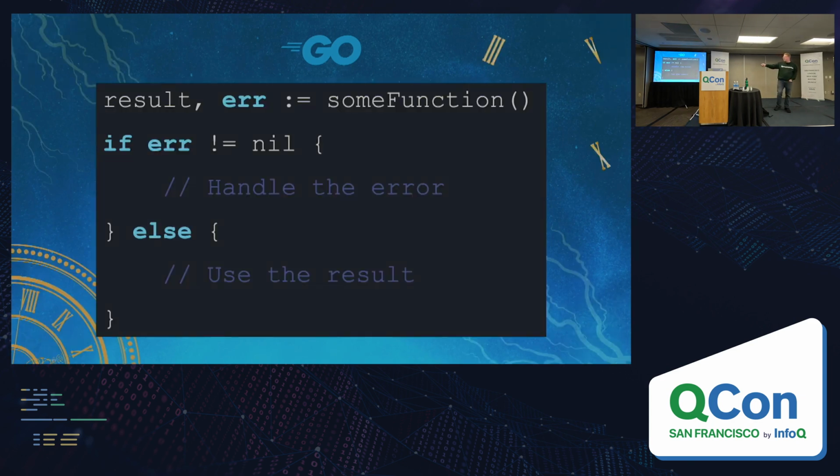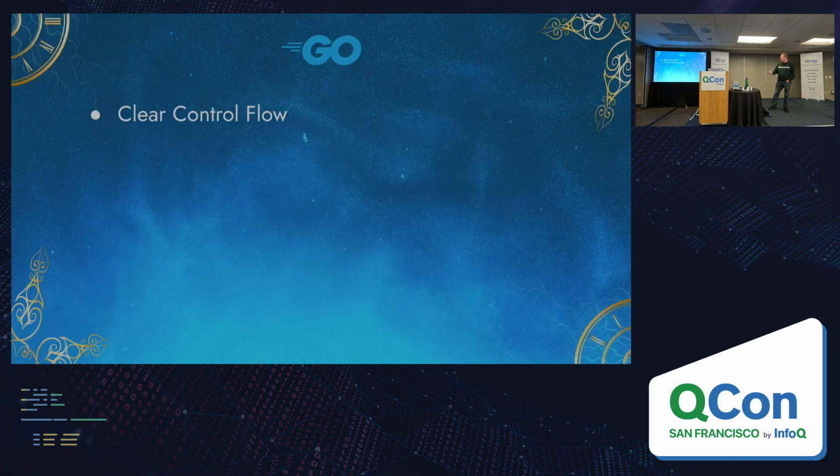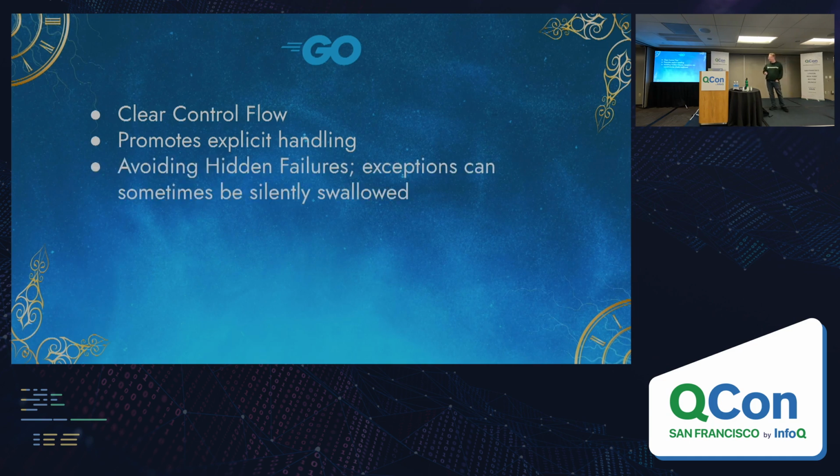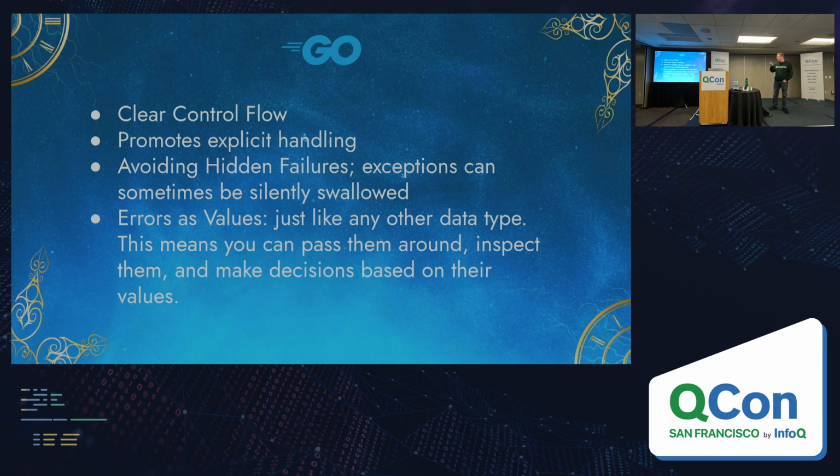So this is, again, the compiler now doing this work rather than relying on good intentions. The other thing that I really like about this is we're just using an if-else statement to interact with this error. It's not a new special language construct that differs from how we're dealing with all the other pieces of data in our code, like a try-catch is. It's just the same type of code we'd write for any other piece of data. So we got more clear control flow. It allows the compiler to enforce more explicit handling, prevents us from silently swallowing types of exceptions. And yeah, again, we can use our normal language constructs rather than this special try-catch stuff.